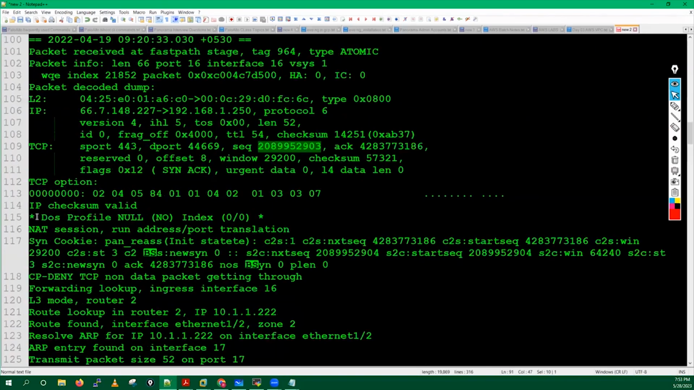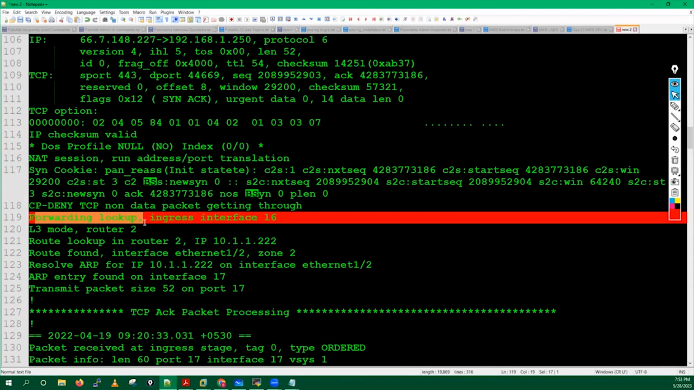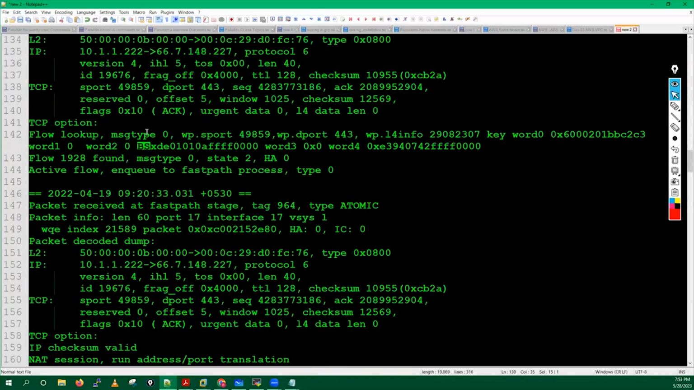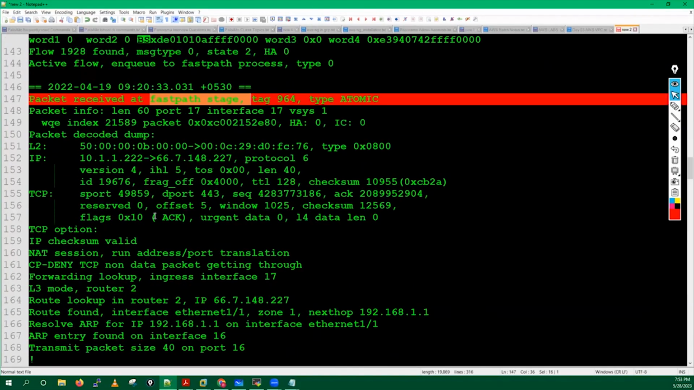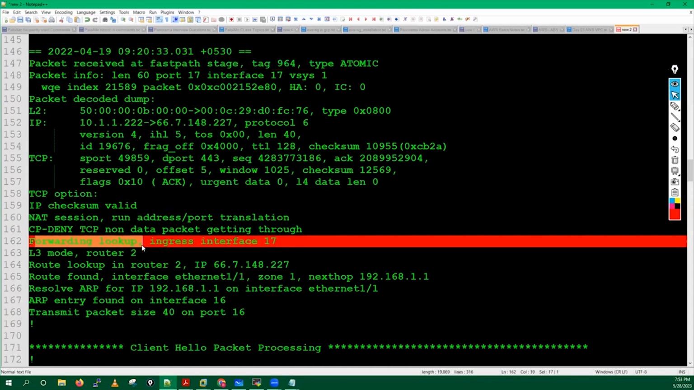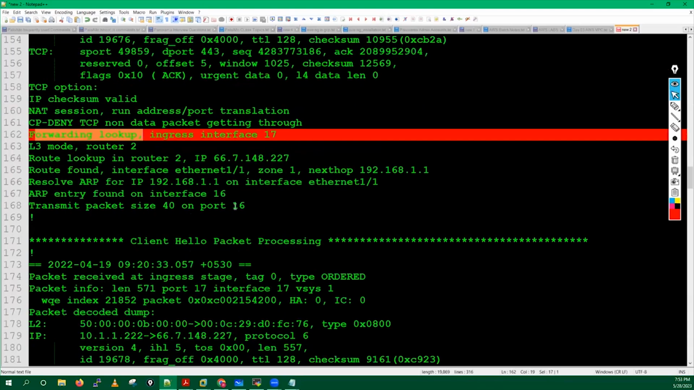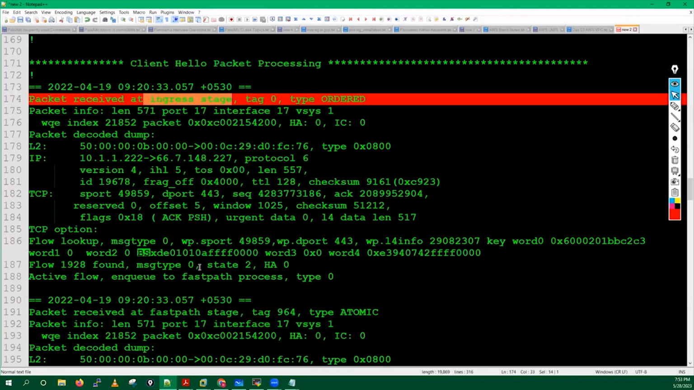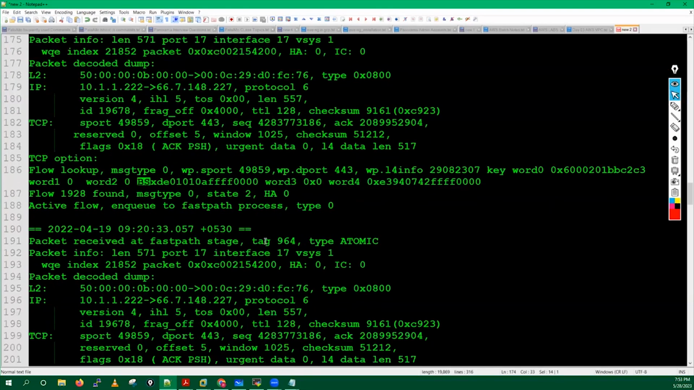Then your forwarding. Here is your ingress stage. This is the ACK packet. Then your fast path and your forwarding. Then the client hello: your ingress stage, your fast path,